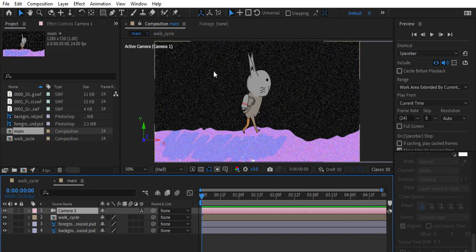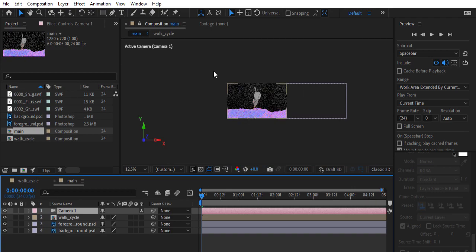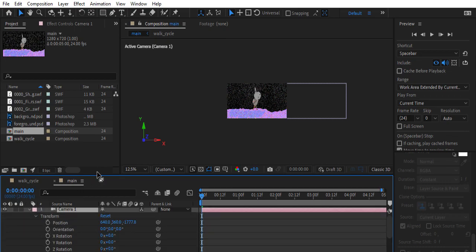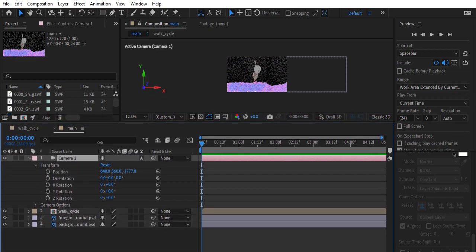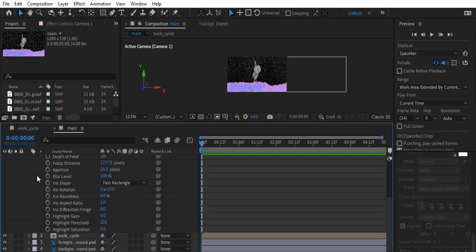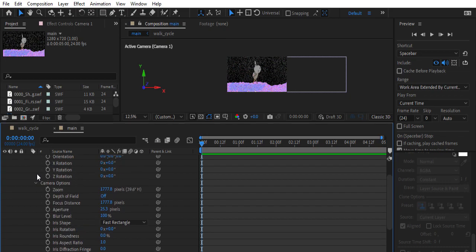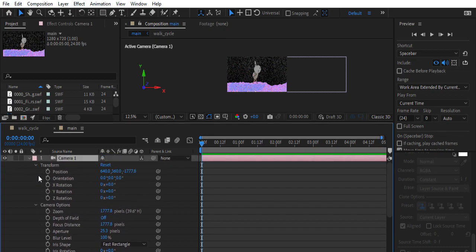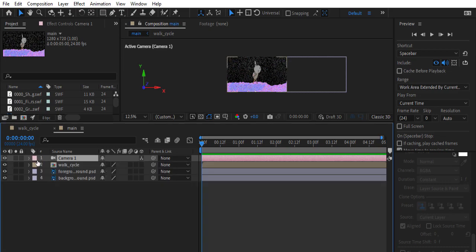So now we have this camera. And the camera works just like any other layer. We can animate all of the properties of the camera. If we open this up, you can see that there's a transform that has all the same properties that we've learned to animate with our other layers. Position, rotation. There's usually a target, but I don't see that on here. But maybe that's because I haven't done the 3D stuff yet. Anyway,